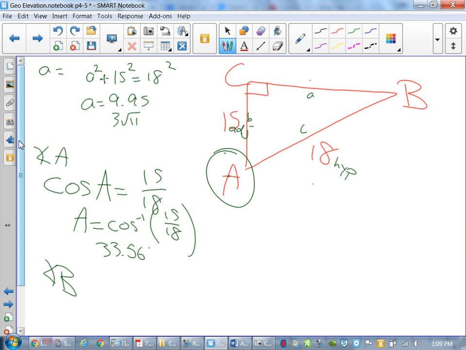And now I switch gears. I switch angles. I go to angle B now. If I'm at angle B, 15 now is my opposite. 18 didn't change though, did it? Hypotenuse will never change. Your adjacents and your opposites flip-flop depending upon what angle you're at. So this becomes an opposite. So to find B, which are you going to use? Sine. So the sine of B